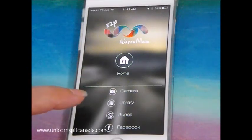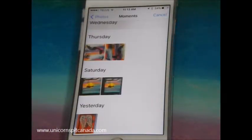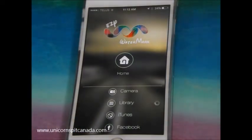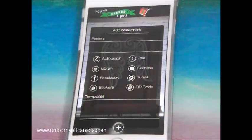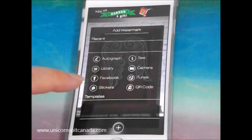So if I want to select a picture, I'm going to go into my library, go back into Moments. I'm going to pick that Hawaiian blending that I did. Okay, so this time it's got the same things, the text here, I could click that. But this one, and the other one did too, and I didn't go over it, but the text is basically the same as the app I showed you on the iPad,